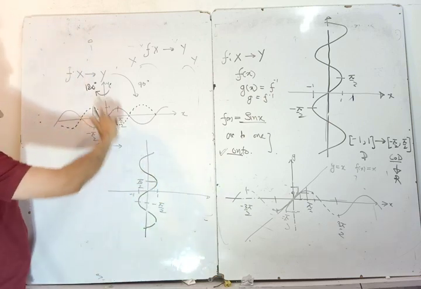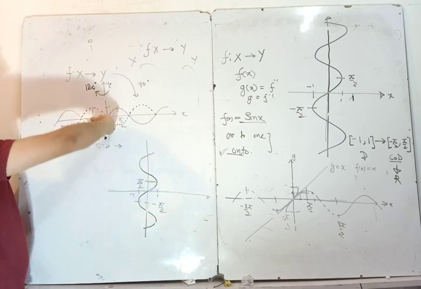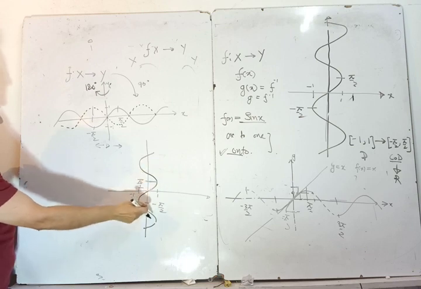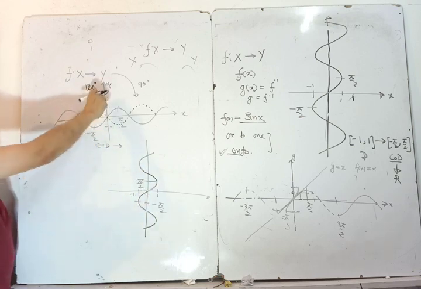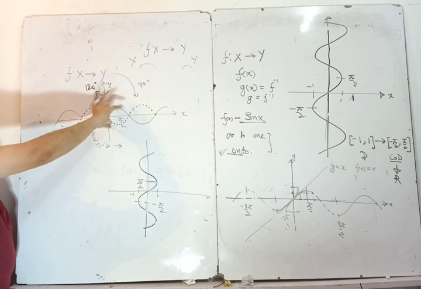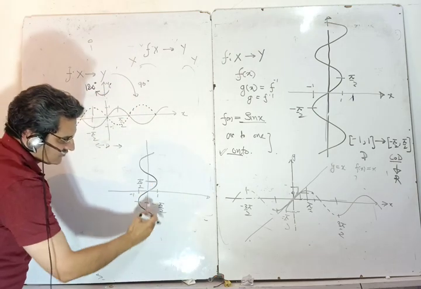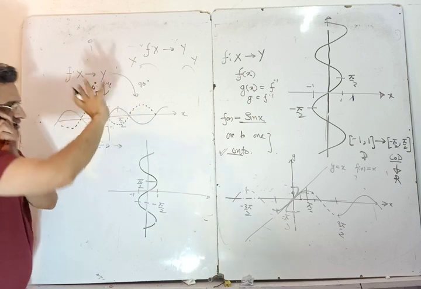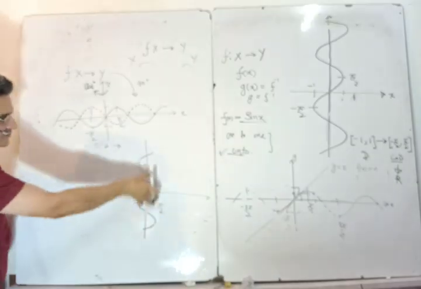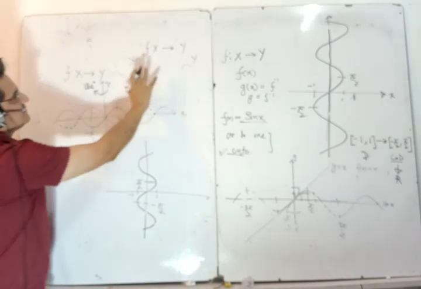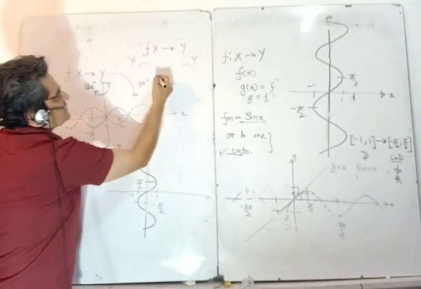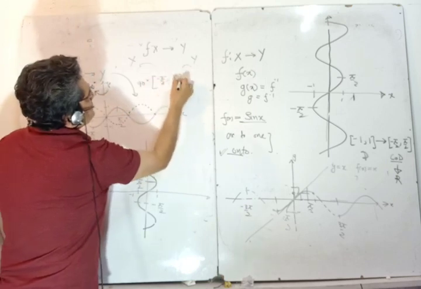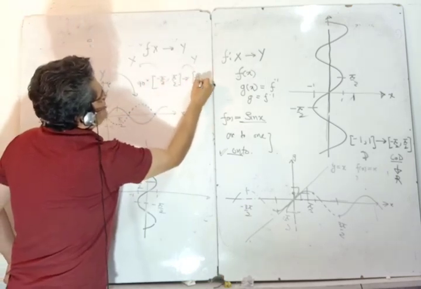The minus 1 to 1 has come here, and the only thing is that I put pi by 2 above and minus pi by 2 below. So don't put minus pi by 2 above and pi by 2 below. Just by rotating, I am telling the shape we get. It is not the method given in the books. Just in your mind you can do it, and then put the domain and range by flipping them. So it was minus pi by 2 to pi by 2, and minus 1 to 1.